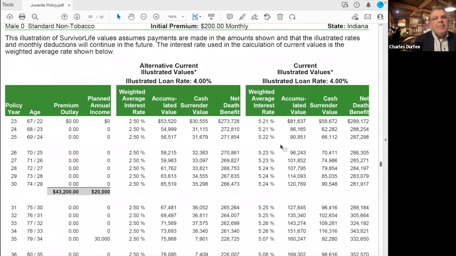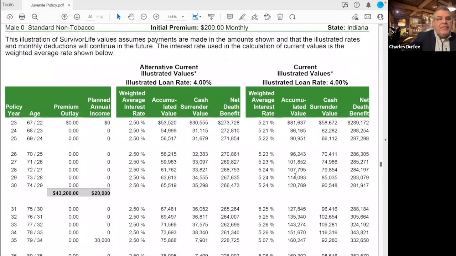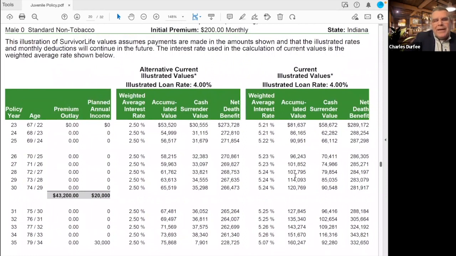So I'm going to take out a loan in year 35, when the child is now turning 35. I'm about age 80. I bought this when I was 45. How cool is it that I'm going to be able to take out 30,000? I could take out a lot more than that. There's 160,000 in there, but I'm going to take 130,000 out for a